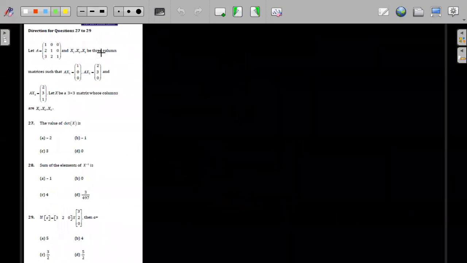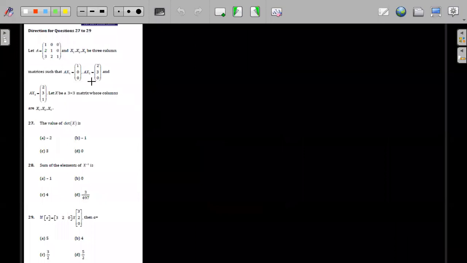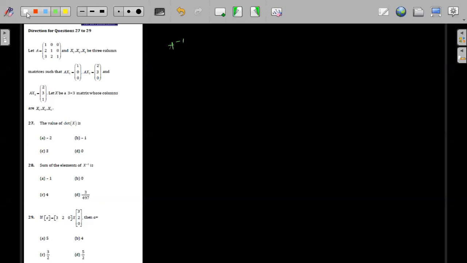Now these were questions 27 to 29, the question which was asked. Was there any mistake? Okay, let's see. Again, you must have tried this one also, so let's try this one. Simply, they have asked that x1, x2, x3 are 3 column matrices. So just by looking at this question, blindly start solving with finding the A inverse of the matrix. Start solving the matrix by finding A inverse.